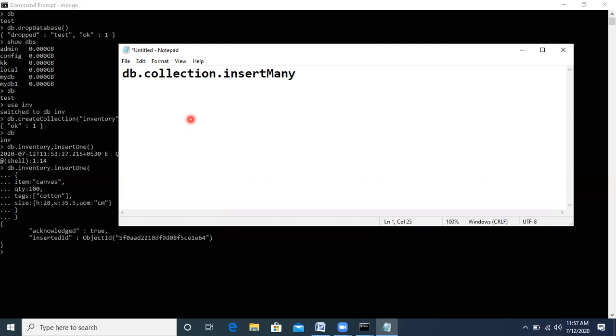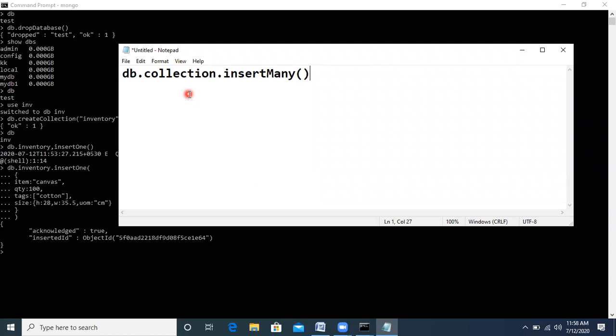The command will be db dot collection dot insert many. With the help of this command, we can insert multiple documents into a collection, or you can pass an array of documents to a particular method also.